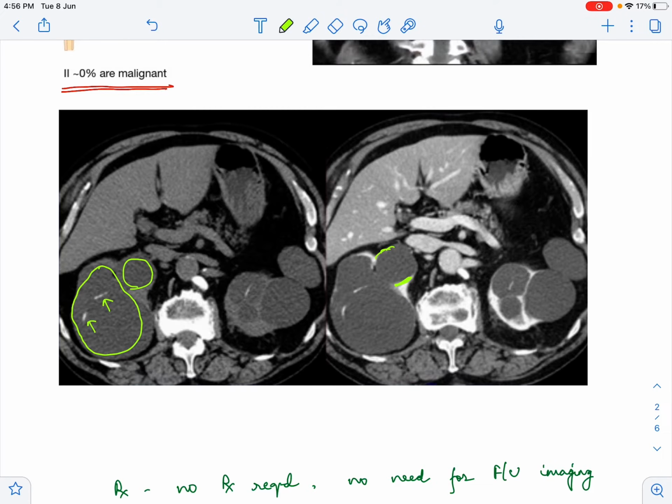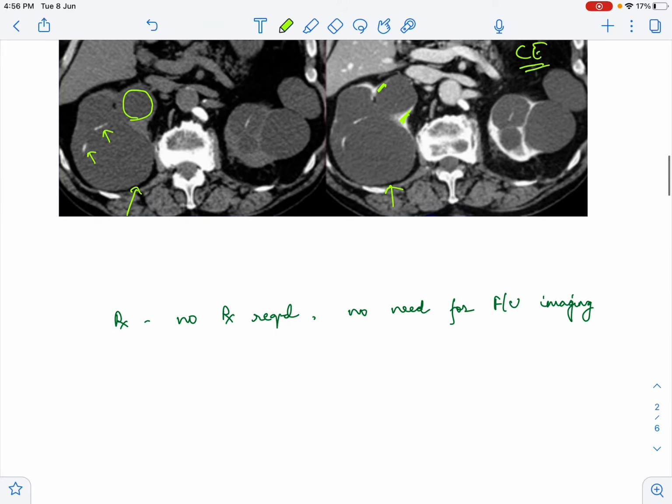Now, this is in the non-contrast phase. This is the contrast enhanced phase, and this is how it looks. For comparison, you can see this wall, this whitish thing, is enhanced. This is the kidney. What you can see enhancing over here is the kidney. This is the cyst. Now the cyst wall has not enhanced. As you can see, the rim is the same as it was before. So I'll erase it and we can compare it again. If you see over here, it looks the same in both pictures, before and after contrast. That is, there is no enhancement.